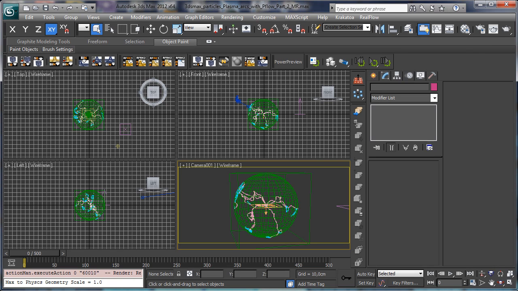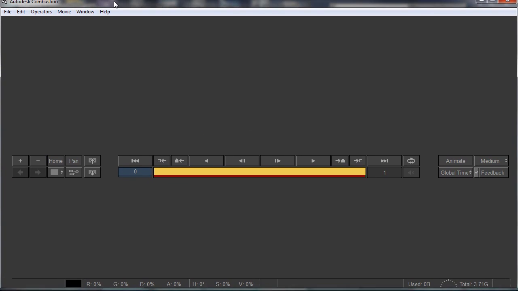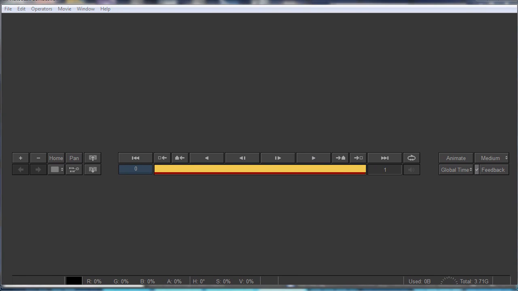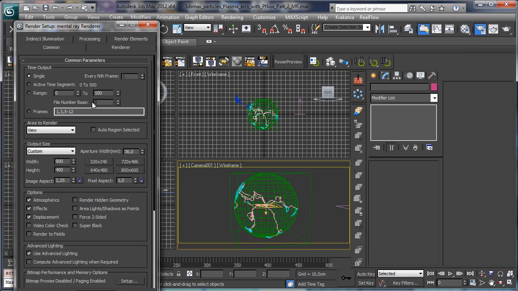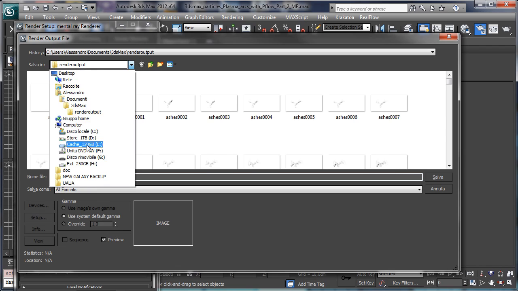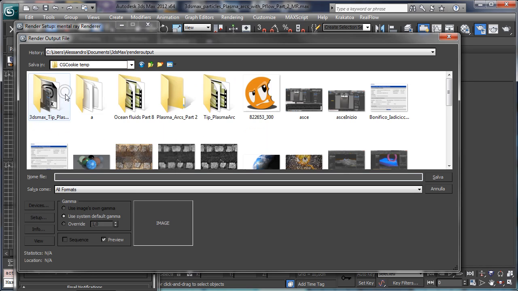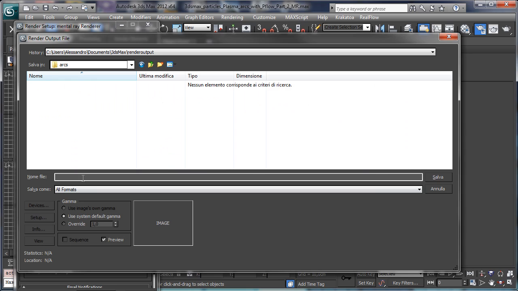Close, and again. Okay, we have it. So now we can make a test, and to make the test I like to render these passes. Let's say we will not use such a high quality for the output, as it will be just for a test. So there, let's say arcs, and let's say arcs beauty dot TIFF, and let's go to set TIFF there,